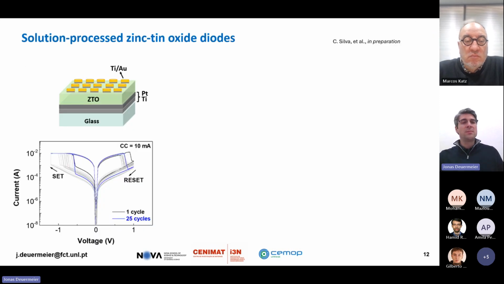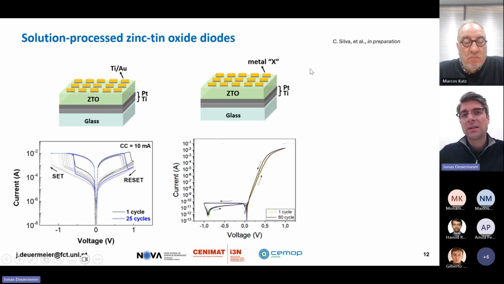So we were working on memristors, so that's where I'm kind of coming from, and we have these zinc tin oxide memristors between two metal electrodes, platinum and titanium, and they were working pretty well. And then one typically experiments with other electrodes. Then we tried another electrode. Again, I'm not disclosing which material it is, but just by changing this electrode, we got fantastic diodes and were